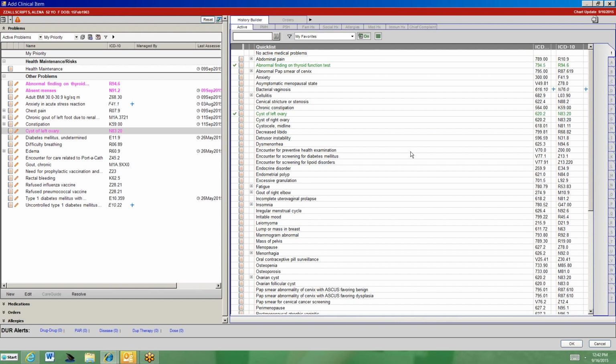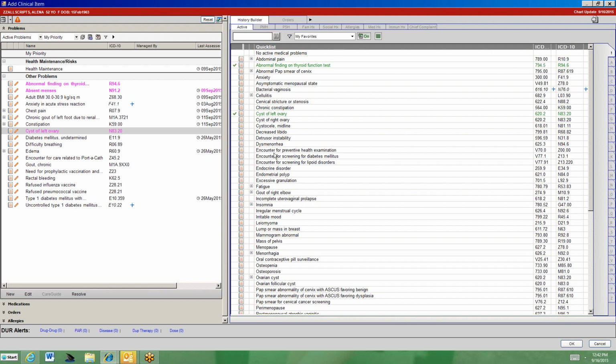Using the plus sign, working from the problem list, working from the ACI, and then getting the most specific diagnosis in. We are working with the nursing because we do recognize that they do a lot of order entry with imaging and with the laboratory, and we're not trying to change that workflow. If you can give them the most accurate diagnosis, and if they can choose it from your problem list, that